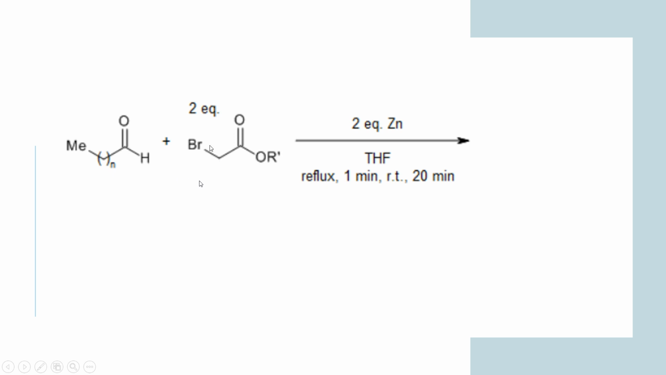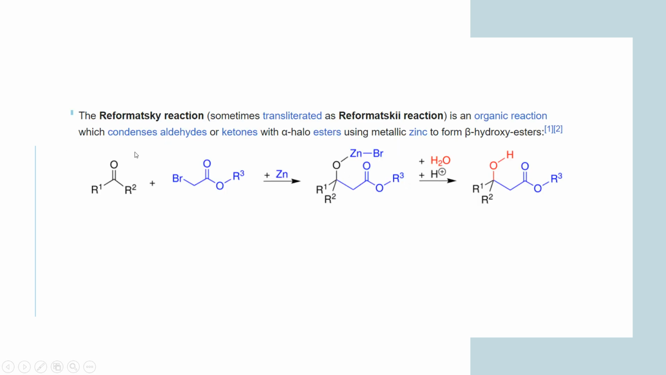Okay, and what will be the counter cation of the oxyanion? That will be zinc bromide. Okay, so the ultimate product you get is the beta hydroxy ester. That is, overall result of the reaction, if you see, this carbonyl group is reduced into a hydroxyl group,